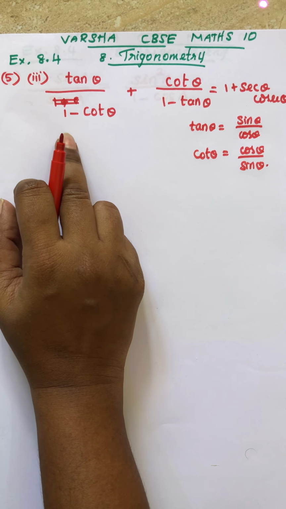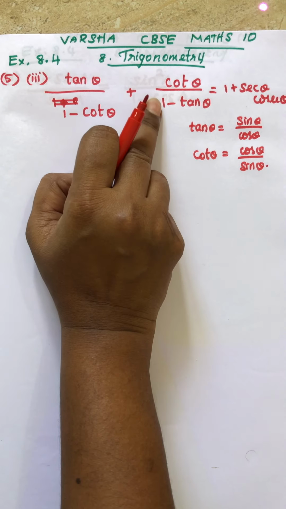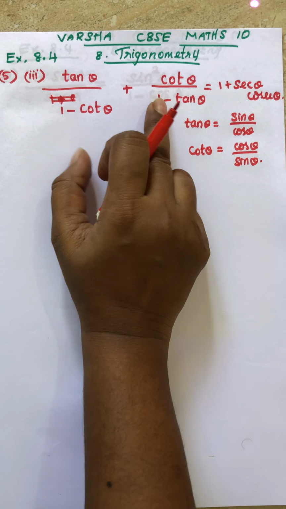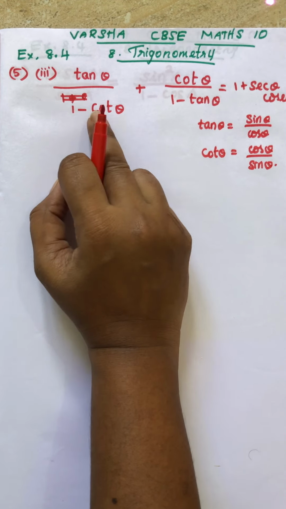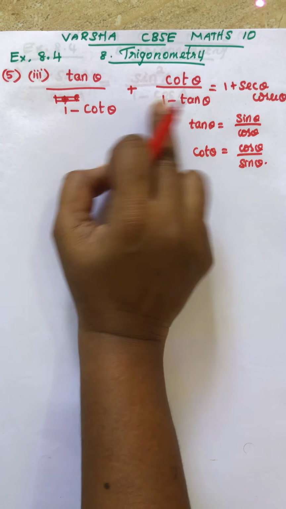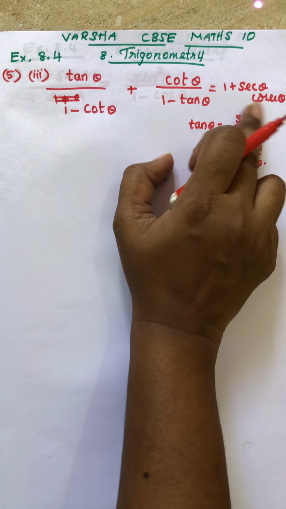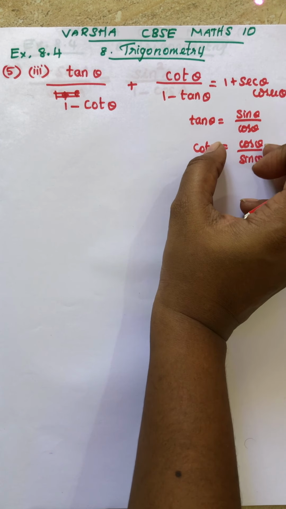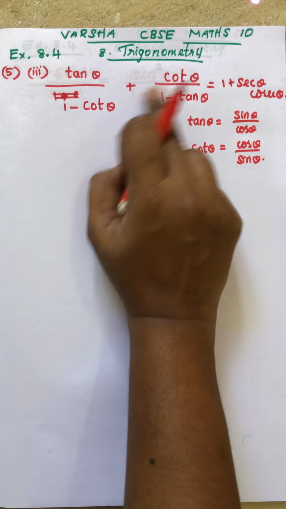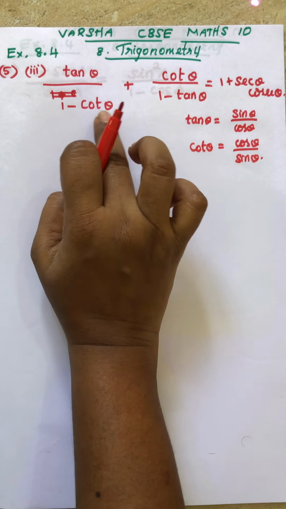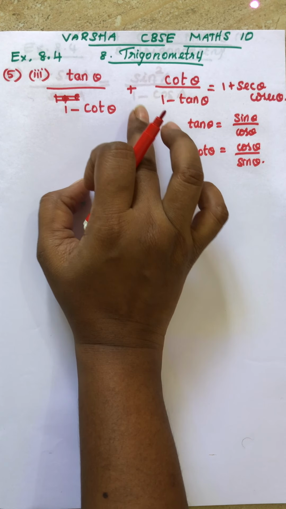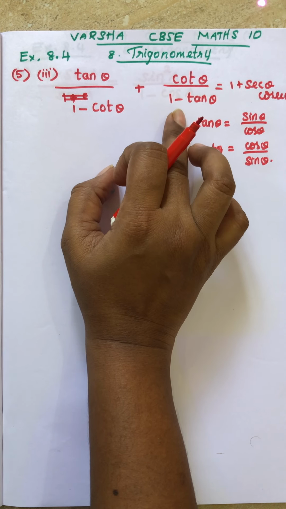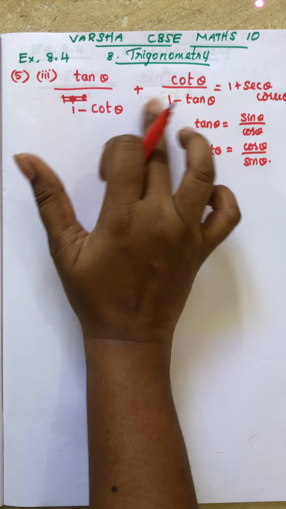So you may think, okay students, in the last sum you just did a cross multiplication, but in this sum we are not, we are just substituting. Why ma'am, why are we substituting? Because this is tan and cot, but your answer is in terms of sine and cos. So you have to change this LHS into sine and cos. If you take tan and cot, it is not cancelling. You can try students, if you take cross multiplication, what will happen? What is the identity we are going to use? So you can substitute and directly cross multiply.